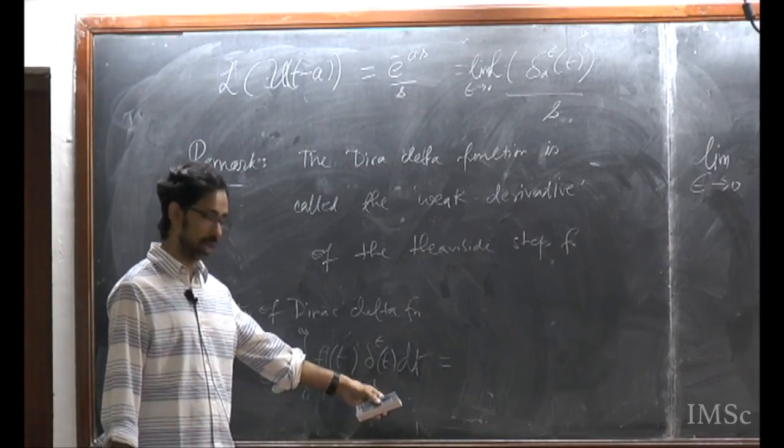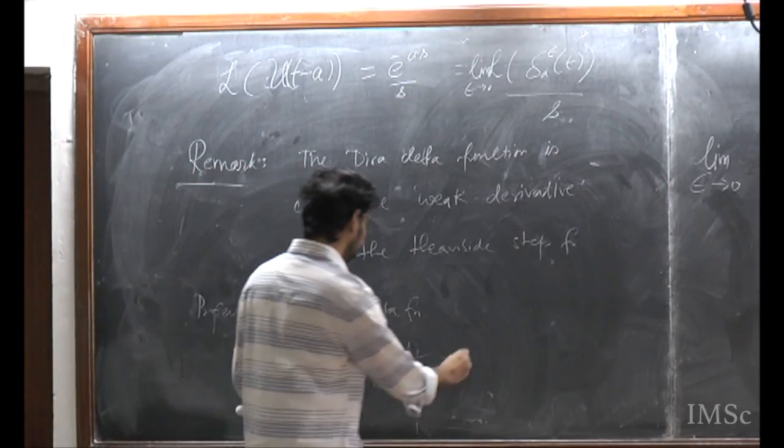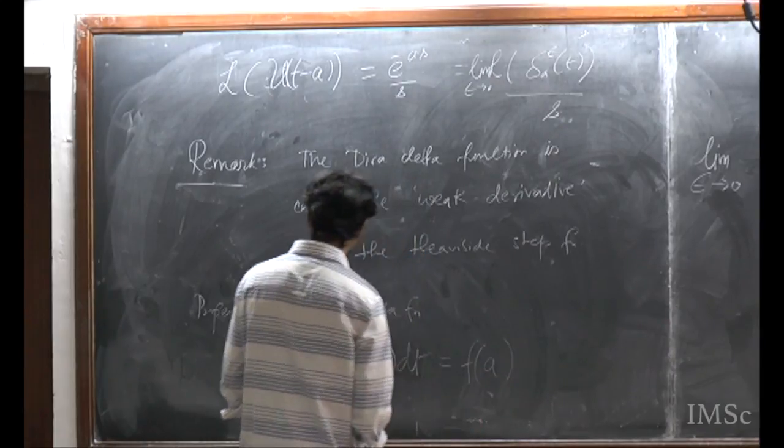The delta function at a gives f of a. This is a very important property,